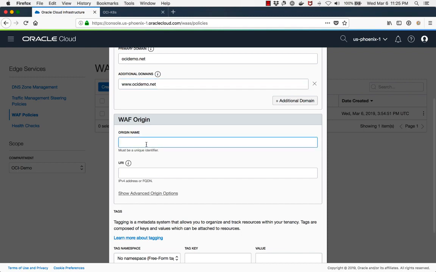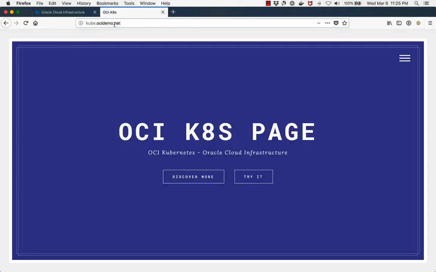All right, so here's how you can tie it to your web app or your public endpoint. You're going to give it an origin name. This can be any name as long as it's unique for your environment. I'm going to call this cube web page, and I have to enter the URI. It can be an IPv4, which is the public IP of your HTML or web application, or any application you're trying to protect through the WAF, or the FQDN. In this case, I'm going to use cube.ocidemo.net. And if I copy that and go to the web browser and type that, I do have a